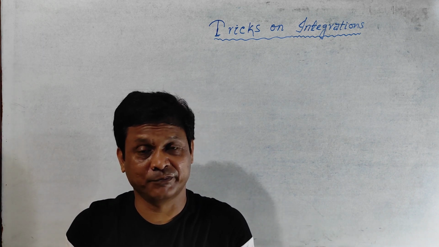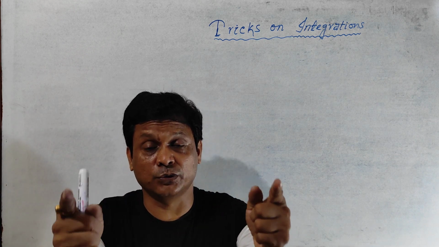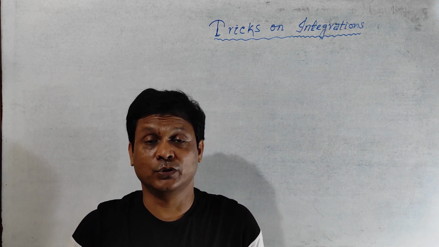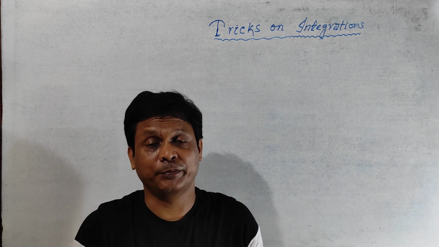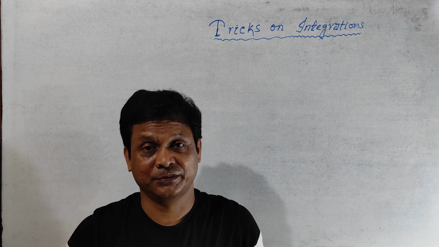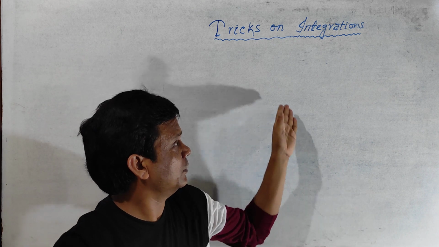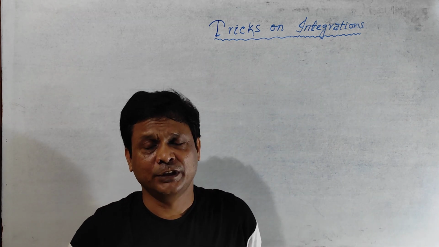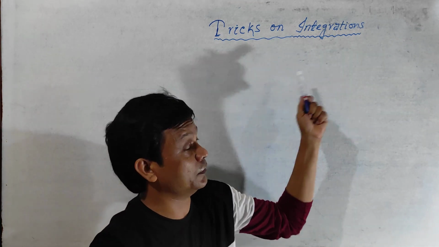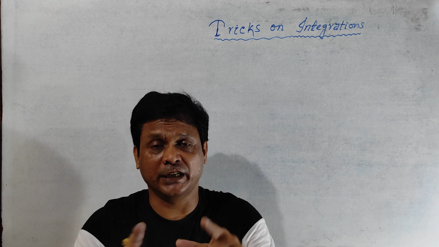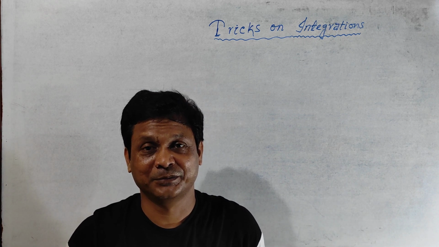Standard formulas are there and forms are there. If the question is in this form, you should do like this. Those are called forms. And tricks are there, in which you can apply directly without taking anything. See here, the way I am doing, you may be thinking then what is the meaning of integration? So I am applying the formula directly, simply arranging and writing the formula directly. So this is called the trick. Clear? Thank you.